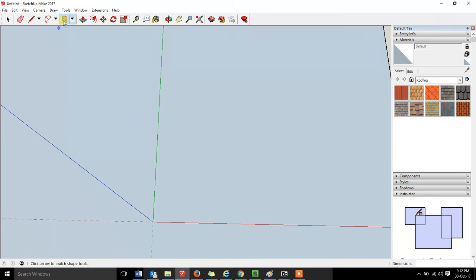I'm going to, with this Shapes tool selected, click once on this green line here, which will be like so. Now I'm not going to click again, I'm just moving my mouse around, and we can see down the bottom right our dimensions are working away as we resize our shape. Now the size of this, we're going to make it just big enough to fit in your hand. So we're going to go for 20 millimeters